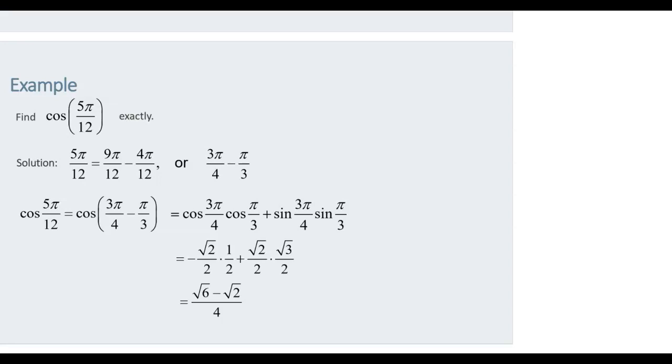And what you have to do is first find two angles that are known angles from the unit circle so that you can use the values. The formula for cosine, in this case, of A minus B is cosine A cosine B plus sine A sine B. And so what they've done is they've taken the values for each of those cosine sines, plugged them in,